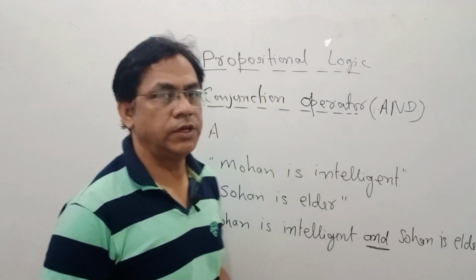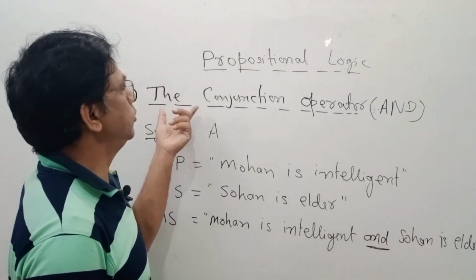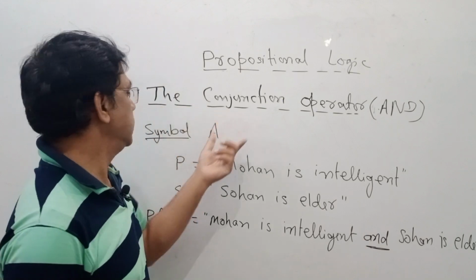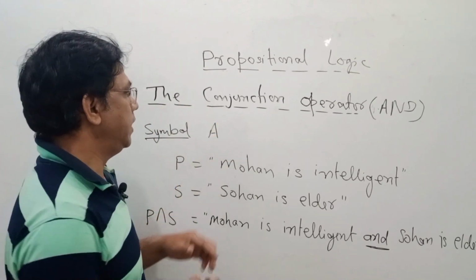Normally, a simple statement gives only one meaning, but whenever we require more than one statement, we require propositional logic. So in this video we will see what the different propositional logic operators are and how we can use them in our artificial intelligence. The first operator in propositional logic is the conjunction operator, and it is represented by